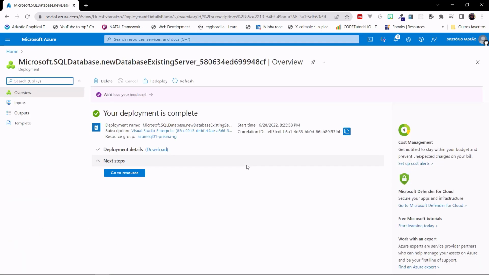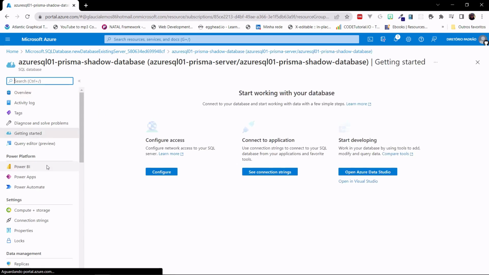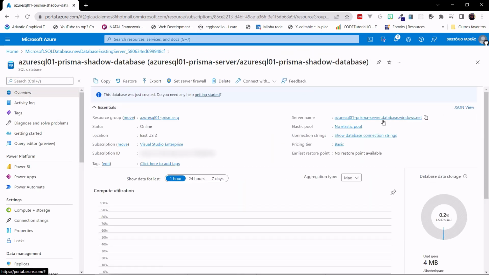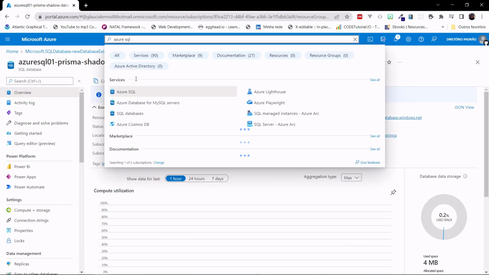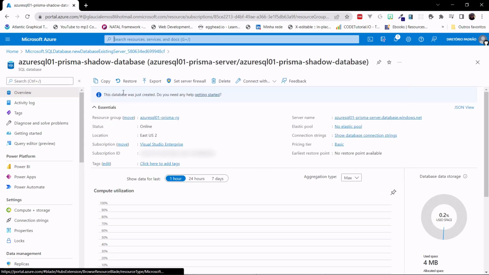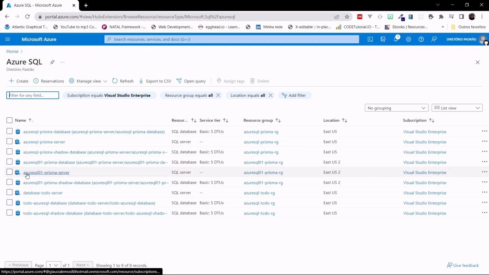So again, we can see the message, your deployment is complete. So let's go to resource. And again, if we go to the overview, we can see the dashboard here. Again, we can see also the query editor preview as well. But again, let's type here the Azure SQL option in the search tab. Again, let's go to the Azure SQL